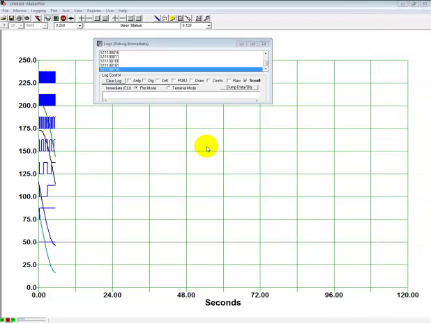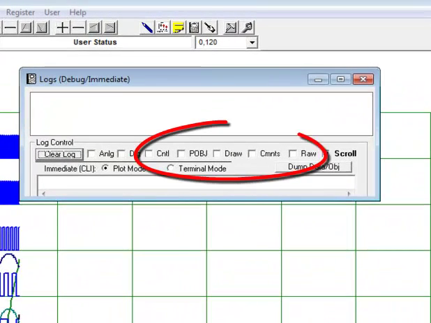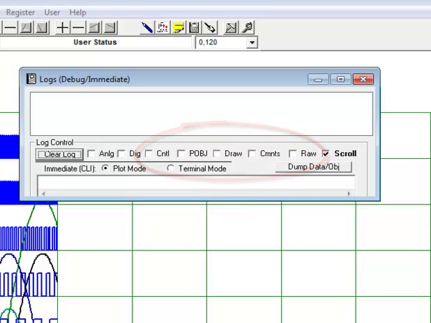Okay, now let's click the Clear Log button to clear the log area again. The other checkboxes will make more sense once we get into macros and code, but they're there for the same basic purpose, and that is to show a blow-by-blow record of what MakerPlot is seeing in the input data stream